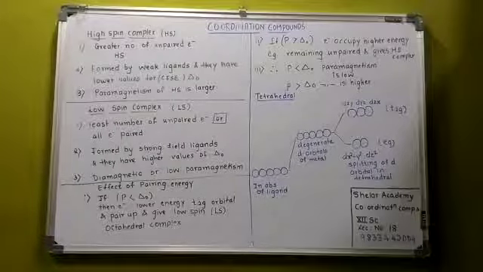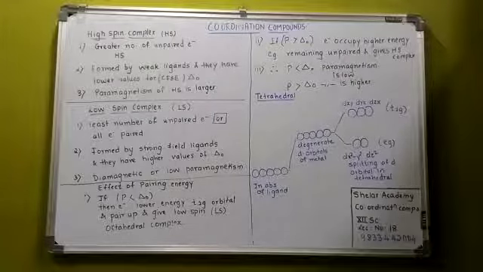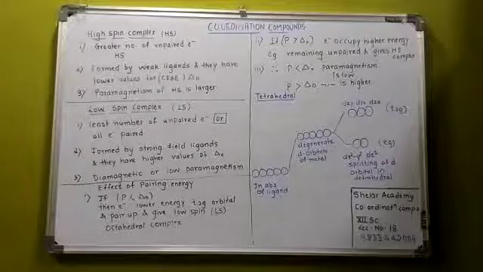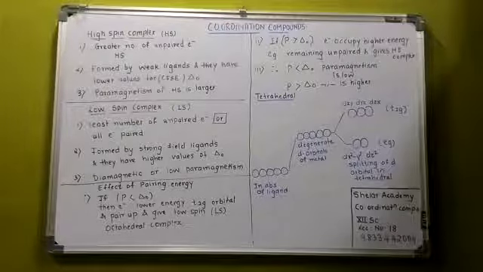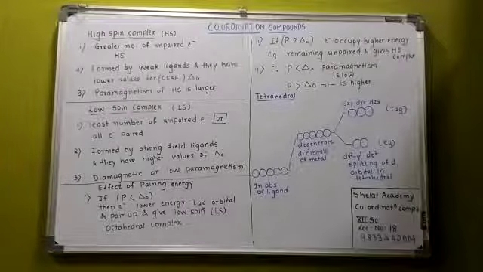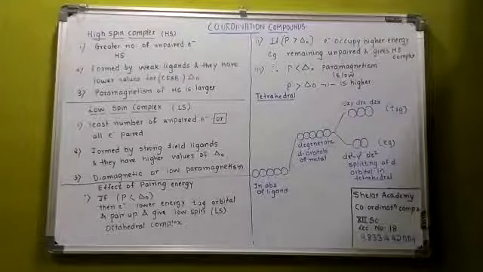Okay, what do I mean by a low spin complex? A low spin complex means the complex which has the least number of unpaired electrons or doesn't have unpaired electrons. The electrons are all paired, and hence the lowest resultant spin or magnetic moment is called a low spin, or LS. It is formed with a strong field ligand, and the complex has higher values of delta 0. The LS complex is diamagnetic or has low paramagnetism. So these are the properties of the high spin and the low spin complex.